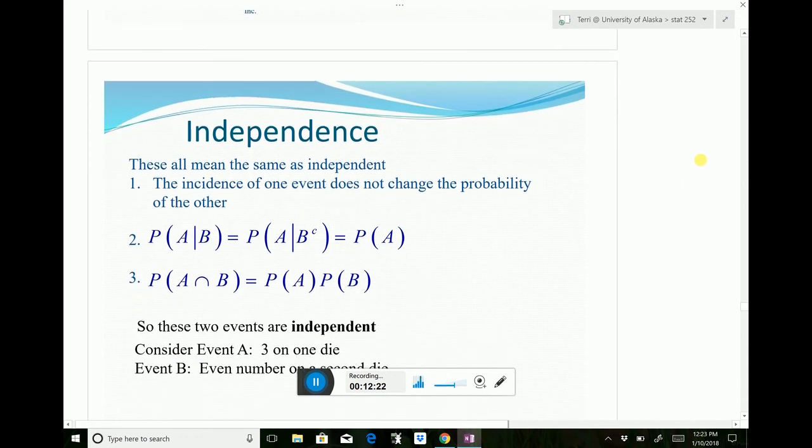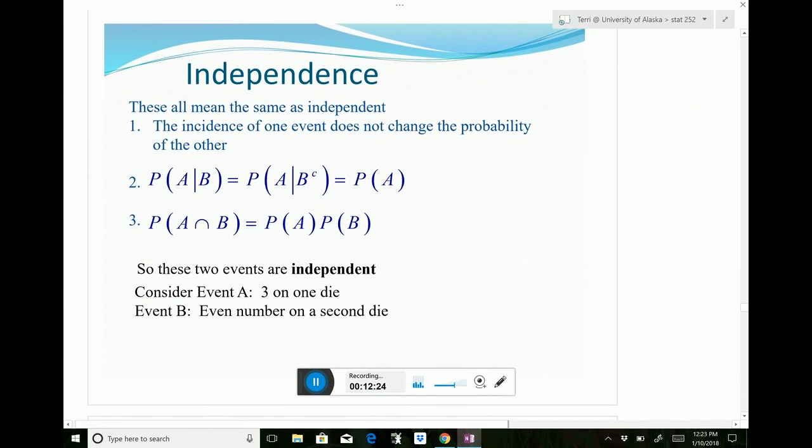So now let's talk a little bit. I promised you guys I would talk a little bit about independence. Now, these things all mean the same thing: the incidence of one event does not change the probability of the other. So this is very different than our class standing example, because as soon as we took one person out, it changed the probability. However, if we were talking about millions of people,